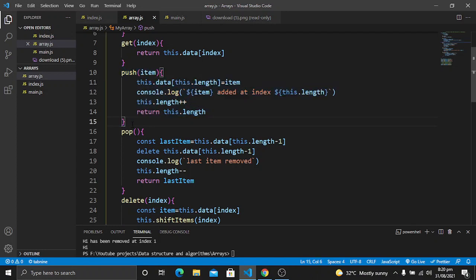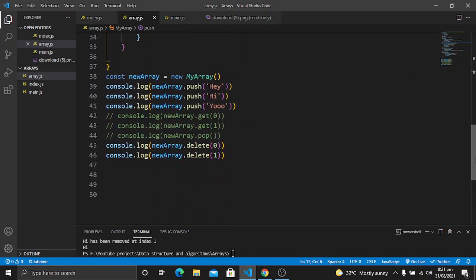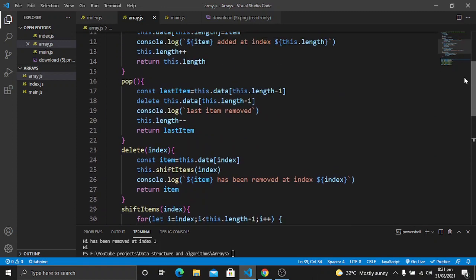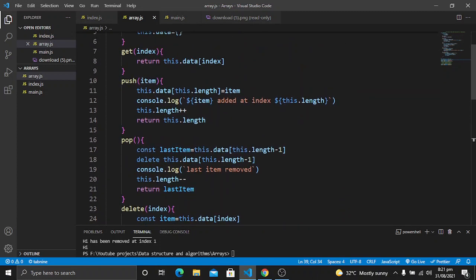Now in the next step, we have created a new method, which is the push method. This push method will add an item at the end of an array. When we call this method, for example I've called it here, we will pass some item as an argument, and we will receive this item as a parameter here. Now we have a length which is set to 0.